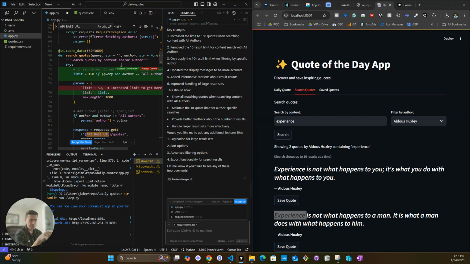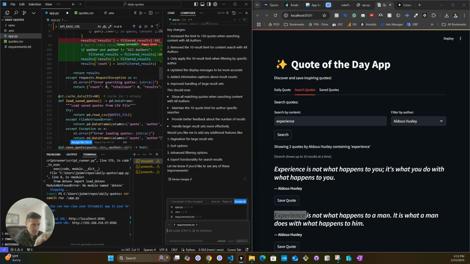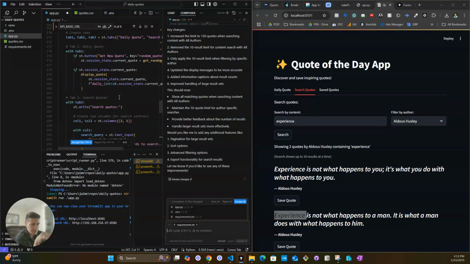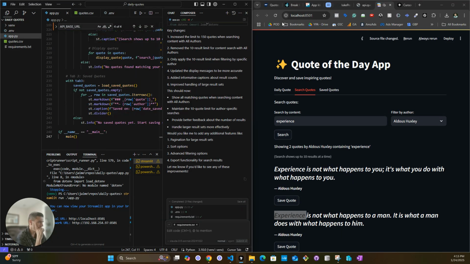Updating here. So this is showing you in green the changes that were made. In red is what was removed. So you can see that in the code. You can actually see what's good or what's bad, and then you can accept it or reject it. In this case, I'm just accepting it all.